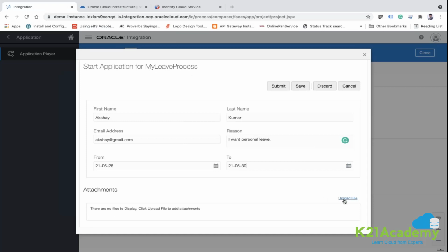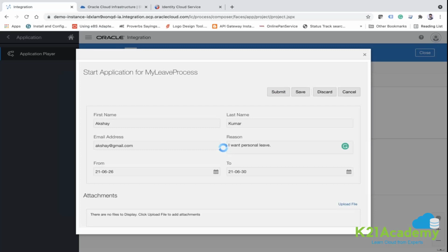Okay, if you want to add an attachment, you can do this as well. This is the default behavior, and then submit.